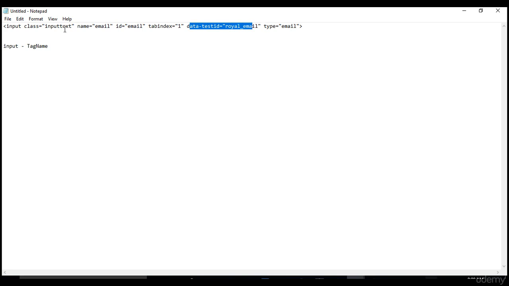Let's bring out each parameter and understand the left side value and right side value. All the left side values of each assignment expression are called attributes. In this expression, class is an attribute, and the value of that class attribute is input text.